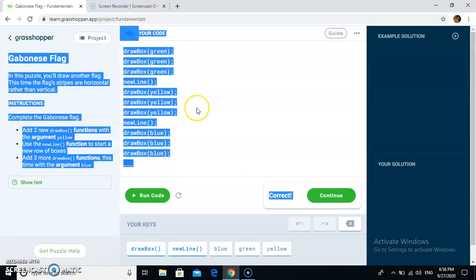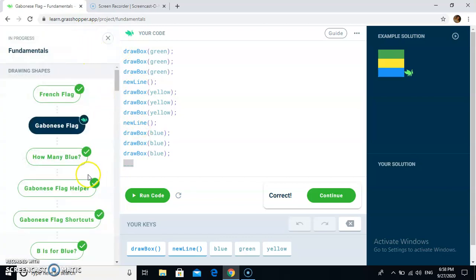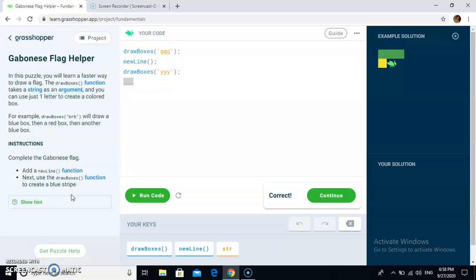Now, we did the Gabonese flag earlier, and as you can see, it took a lot of codes to write. So, similarly, we can go to the Gabonese flag helper, also known as the shortcut. This time, we won't have to create 9 codes. We can simply make 3 codes into one by writing the color's initial 3 times. Similar to this, we have 3 G's for 3 green boxes, new line, 3 Y's for 3 yellow boxes, and I can go on to the next line,